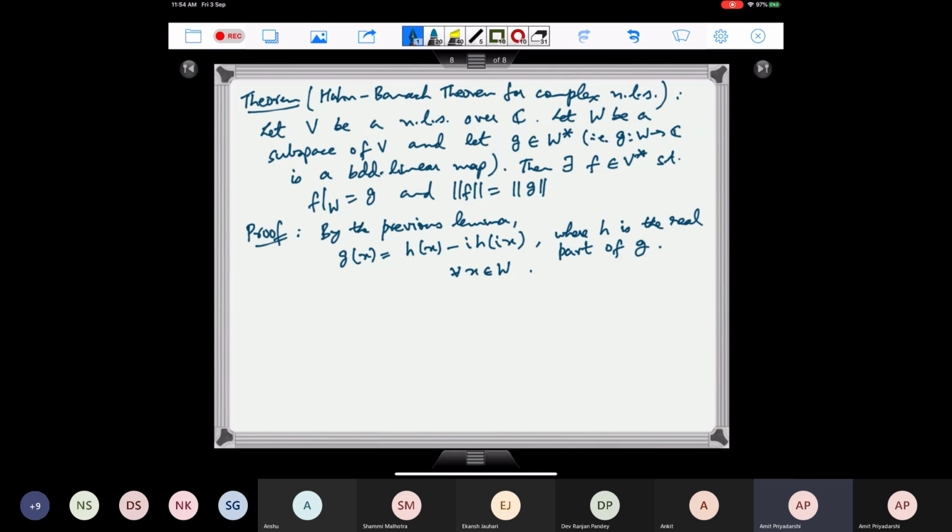So now what we'll do is consider this V as a normed linear space over R. See, any normed linear space over C is also a normed linear space over R, because when we say that it is a vector space over C, you can restrict